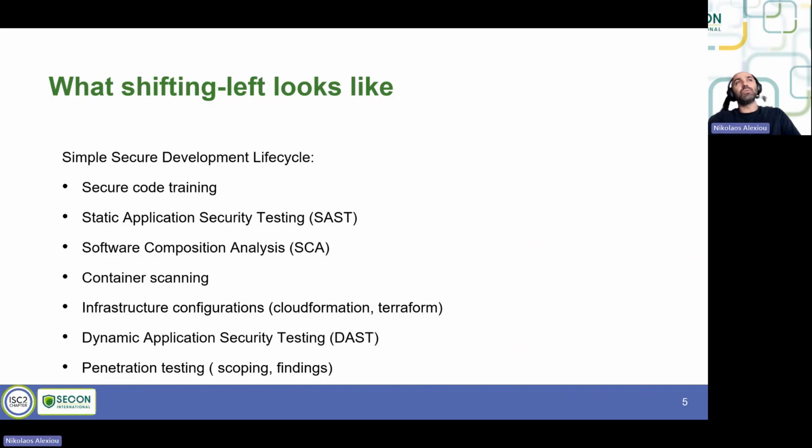And what does shifting left look like? What are we actually shifting left? Here's a very simplistic example of components of a security development lifecycle. We have secure code training, which is making sure that our developers know how to mitigate vulnerabilities. We have static application security testing, SAST, as it's usually referred to, which is using automated tools to detect vulnerabilities in source code, software composition analysis, which is about identifying vulnerabilities in the open source components that we are using